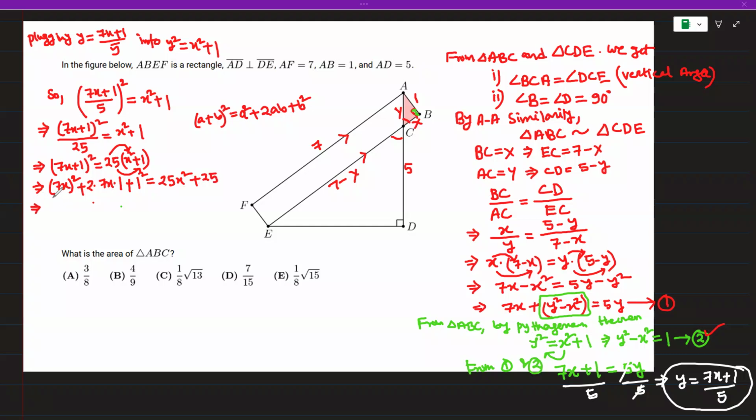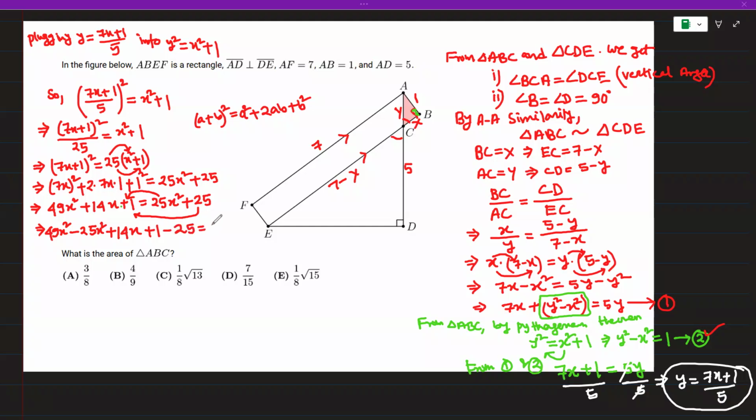So if we simplify this left side, we get 49x square plus 14x plus 1 equal 25x square plus 25. Now we are simplifying. Now we are converting them into a quadratic equation. So this positive 25x square, if you switch to the left side, and positive 25 if we switch to the left side, so we get 49x square minus 25x square plus 14x plus 1